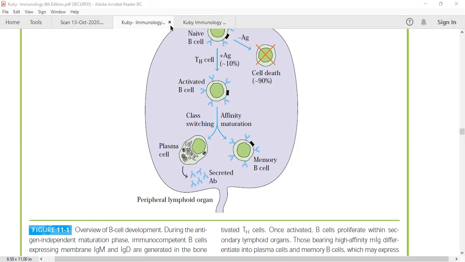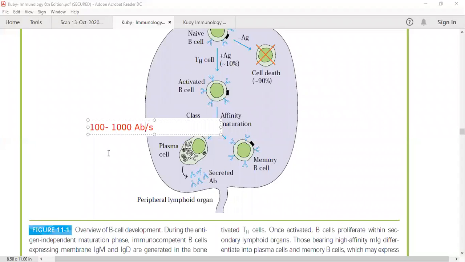I have discussed several times how many antibodies are secreted by plasma cells. This is a huge number. They can secrete 100 up to 1000 antibody molecules per second. Amazing. The number of antibody molecules secreted per second is huge. So they are going to synthesize a large number of antibody molecules, and then they are going to secrete them.